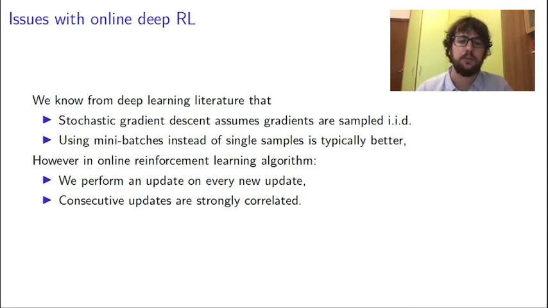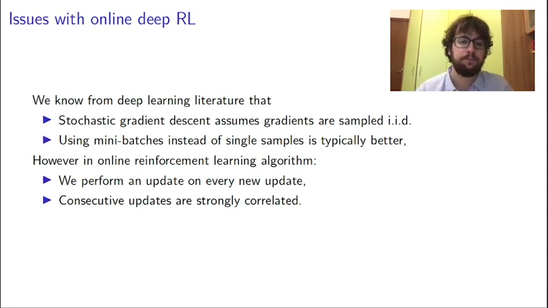What are potential issues with this algorithm? Well, to start, we know from deep learning literature, for instance, that stochastic gradient descent assumes gradients are sampled IID. And this is definitely not the case if we update parameters using gradients that are computed on consecutive transitions in the MDP, because what you observe on one step is strongly correlated with what you observed and the decisions that you made